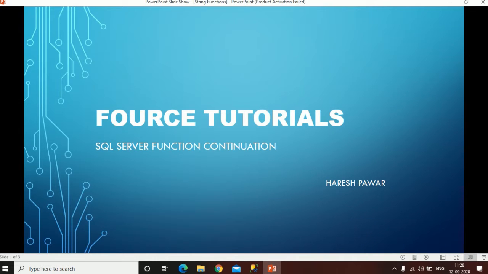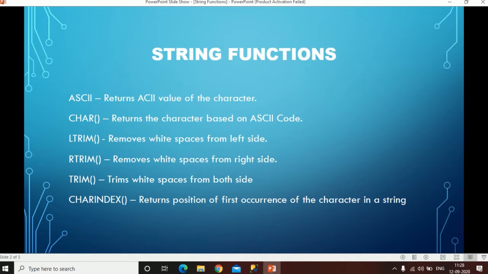In this video, we are going to learn about string functions that are offered by SQL Server. There are different kinds of string functions, and we'll check each of them in practical in great detail. We'll begin with the ASCII function. If you want to find the ASCII value of any character, we will use the ASCII function. If you have the ASCII code and want to find the character of that ASCII code, we'll use the CHAR function. Let's check both of the string functions practically.